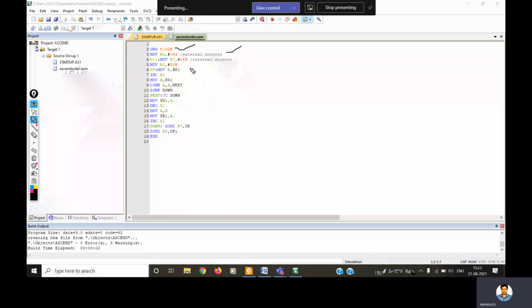Not code memory, but data memory, meaning RAM. In our RAM, I need to load these values. Whatever values I want to sort, I have to load them in our data memory. From there, the accessing of these values will start and the sorting of those values will take place.